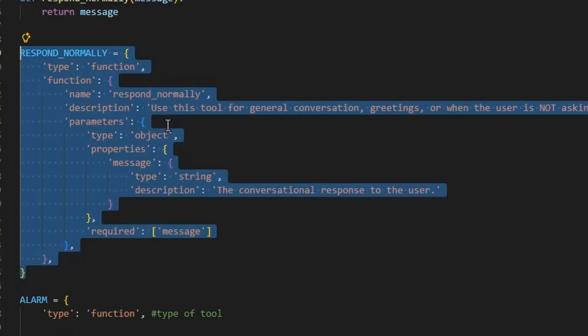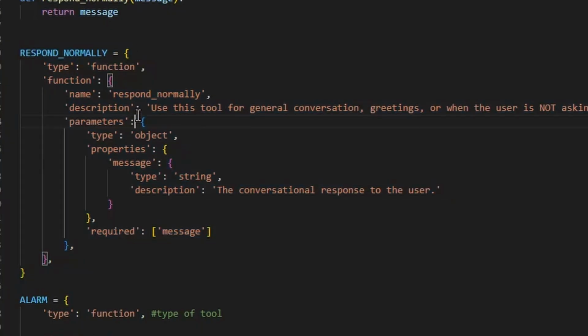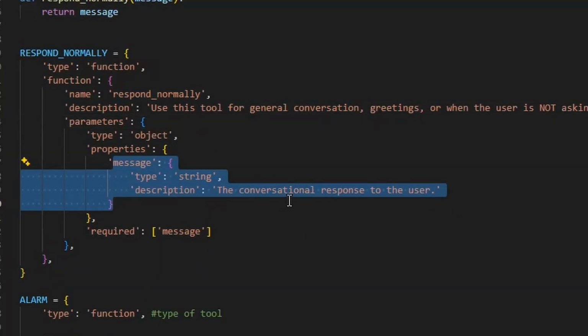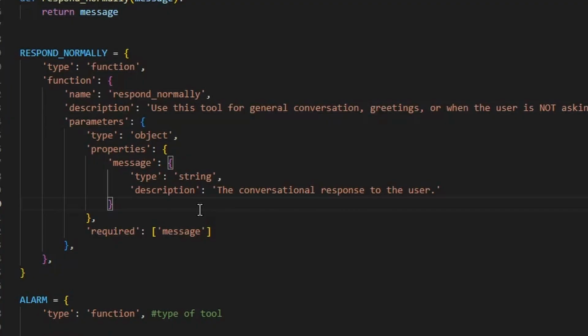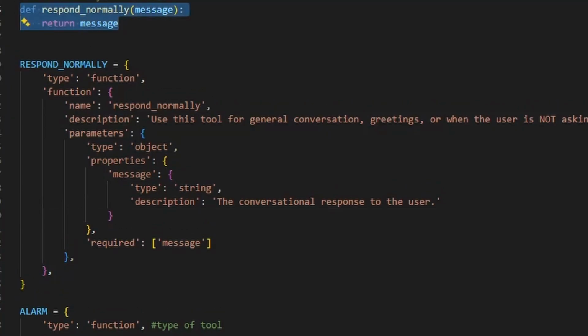Let me tell you guys what I did. For some reason, this thing loves using tools when you give it the option to use tools. So what I made was a fake tool, like a normal response tool. Let me show you. We tricked the AI into giving us a normal response anyways. We just have it create this parameter, this message. It's the AI writing the message. So it's just like the AI doing its thing normally. But then we have this function that just relays that message to us. Let me see